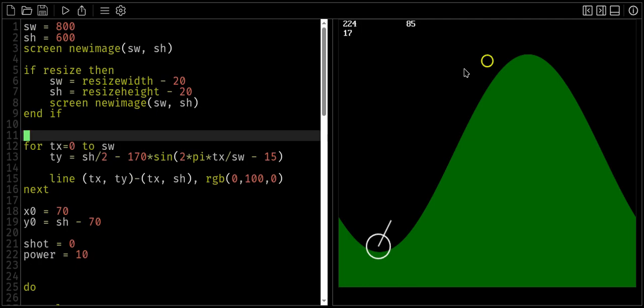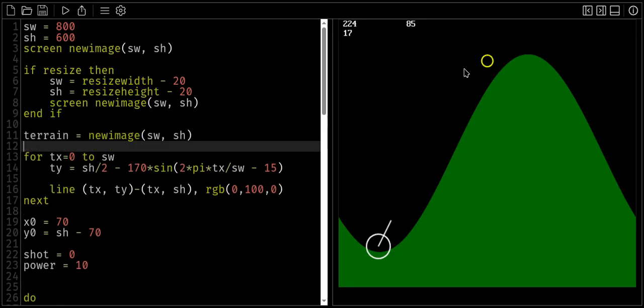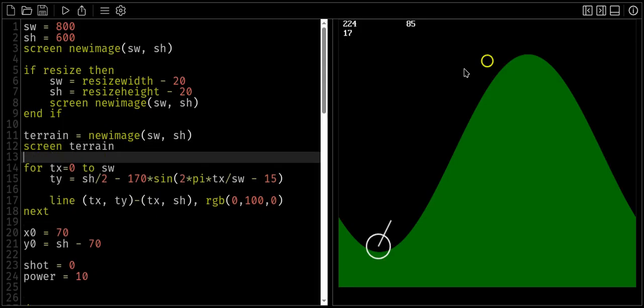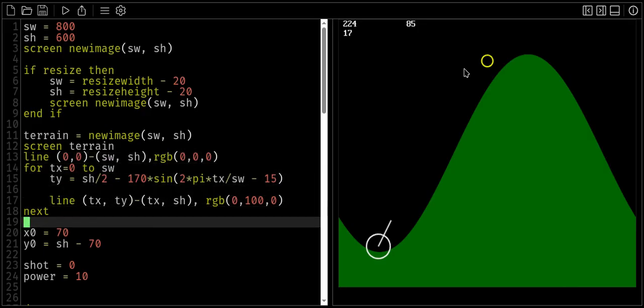So this new page, we'll call it terrain equals new image screen, terrain, and then we go back to